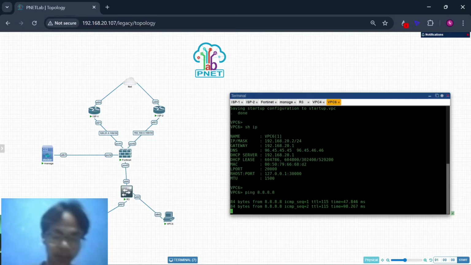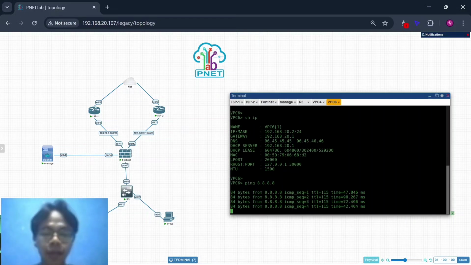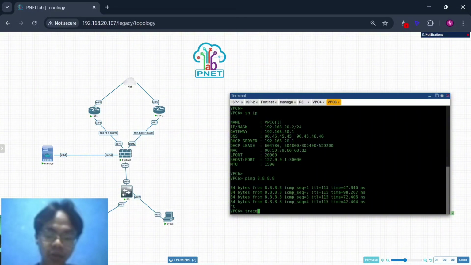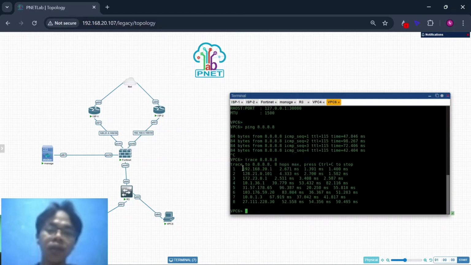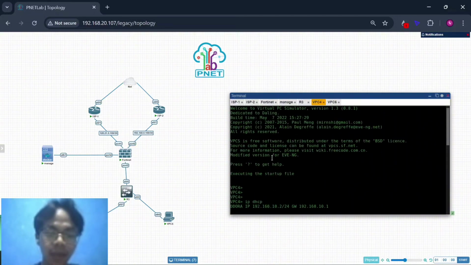Okay, it's successful. And if you want to see, you can write the same command, trace. Yeah, this is going to virtual WAN, and then this is 128.21.0.101. It's not the same as this VPC.